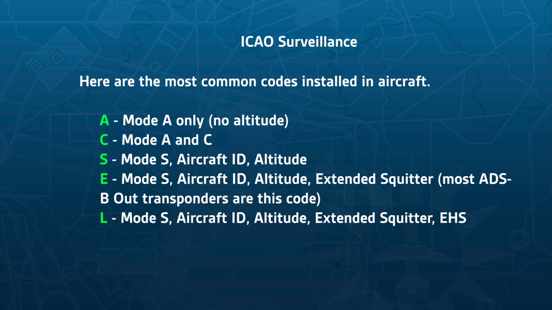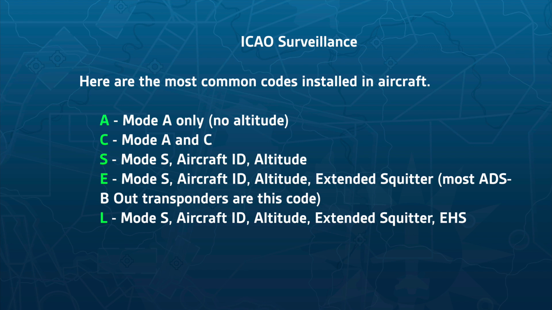On top of that, ATC also requires a transponder code to be included in the ICAO surveillance field for the flight plan to be accepted. So here are the most common ones that are listed. Alpha for mode Alpha, the no altitude encryptions. Charlie, probably the most common one, mode C transponders, which includes both mode A and C. Mode S, E, and L. When you get into the Echo and Lima categories, you're talking about extended squitters. Most ADS-B out transponders are this code,